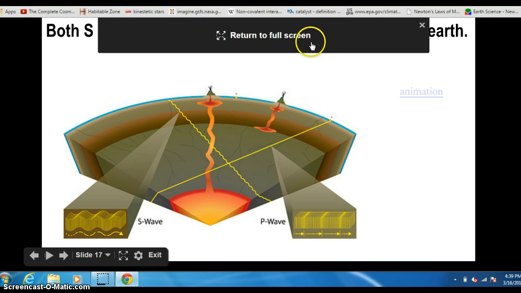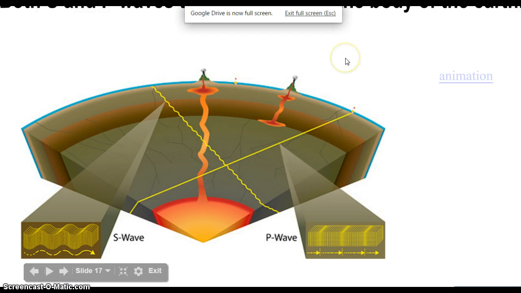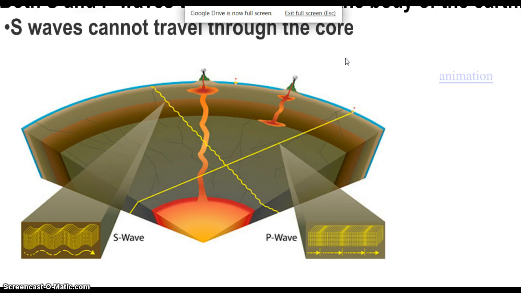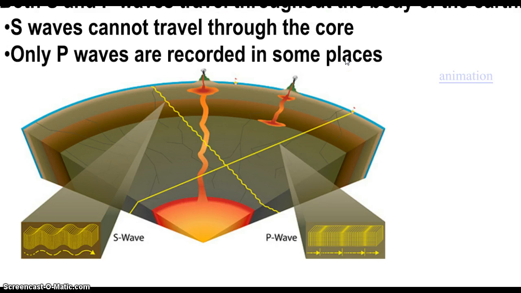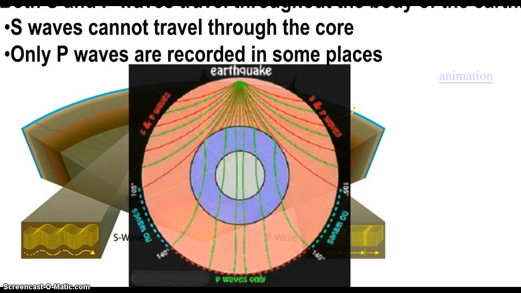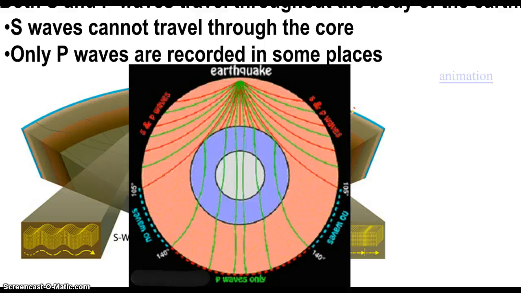So both S and P waves travel throughout the body of the Earth. S waves can't travel through the core, and only P waves can be recorded in some places because of that. And that's kind of a cool picture showing that. There are certain places that don't end up getting any of the S waves because they're too far away from